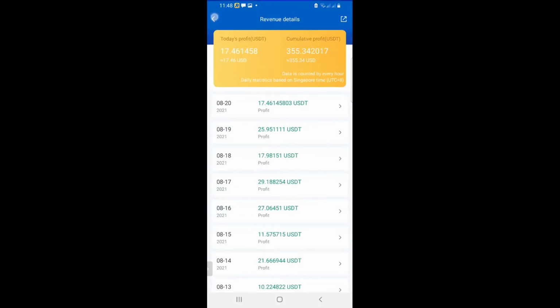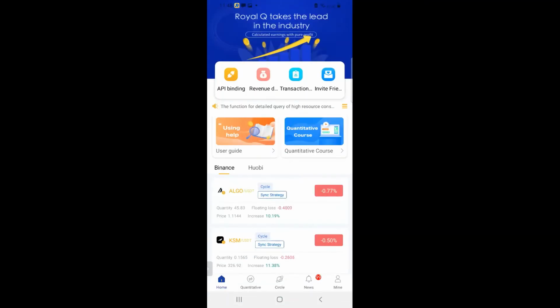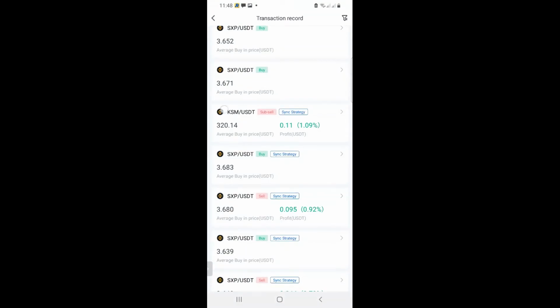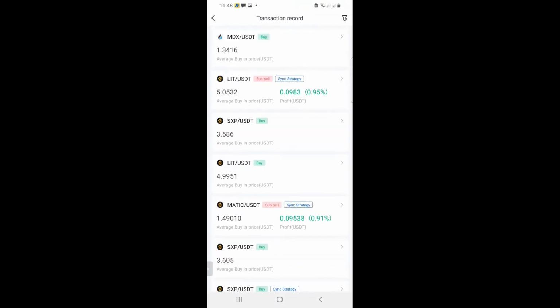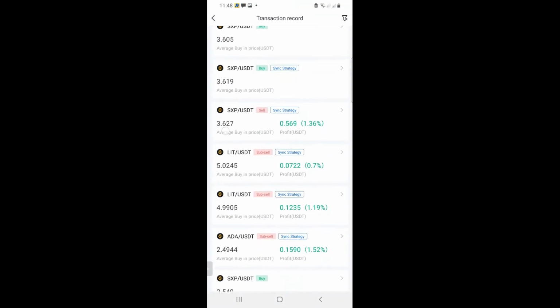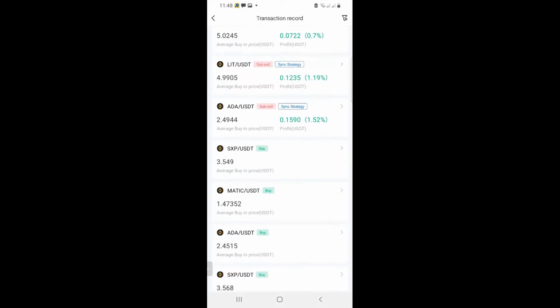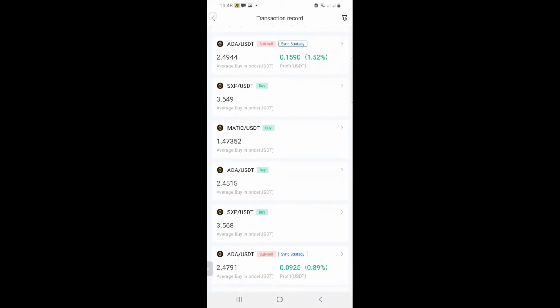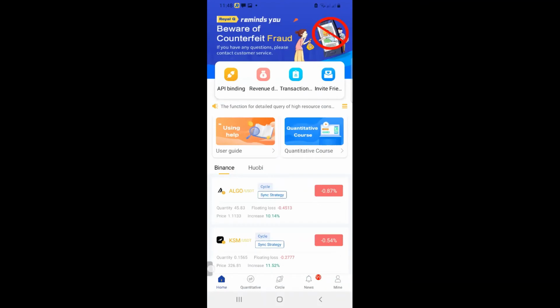Okay. And then if I go to transaction history, this is basically just a record of all the trades that have been executed. Okay, and this is where you will see the specifics now for every trade closed, how much you made. Now, if we come to the bottom,